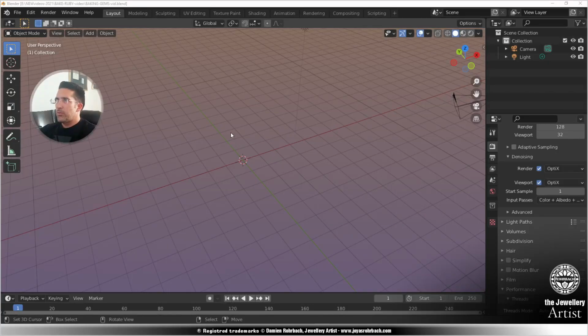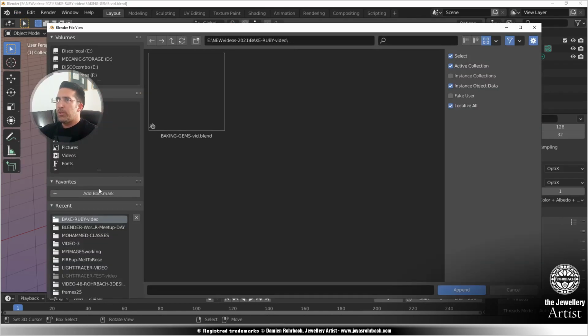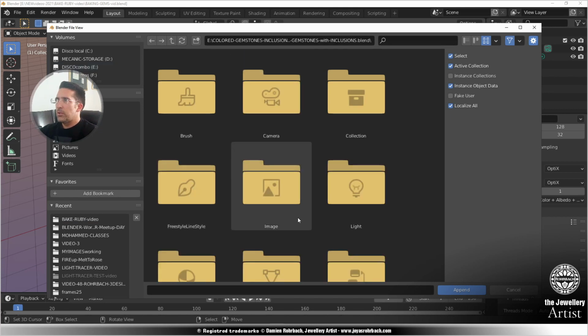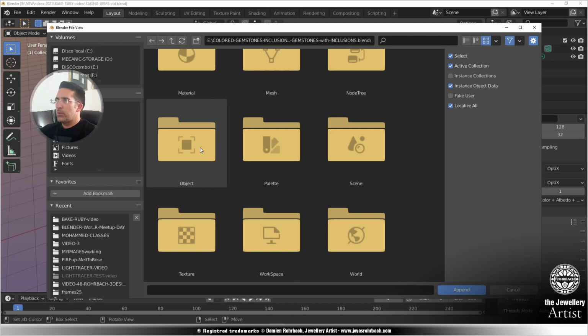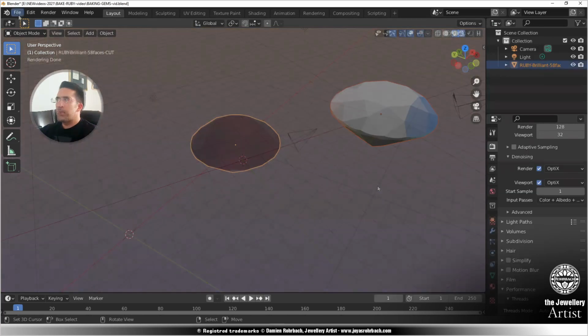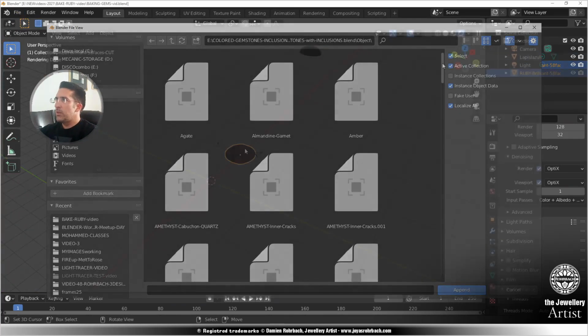Okay, so we're going to start from a new file and go to Append to append my favorite gemstones materials. Here they are. We're going to make two examples, one with a ruby, which means we're going to make a bake using a translucent material, and then another example using a semi-precious gemstone like the lapis lazuli, which is more opaque, and we'll see how it goes. So I'm going to append the ruby right here. We're going to append also the lapis lazuli. I'm going to center